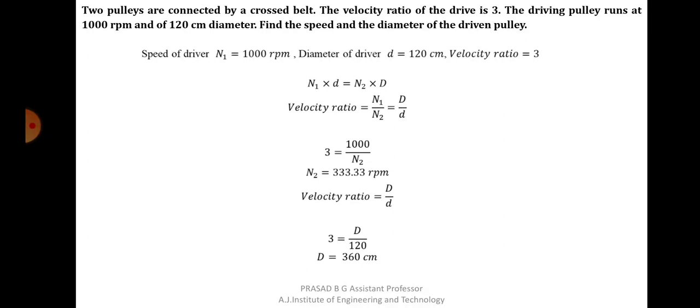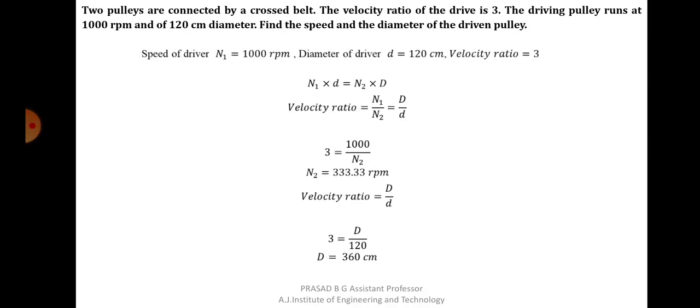The driving pulley runs at 1000 rpm and of 120 centimeter diameter. Find the speed and diameter of the driven pulley is asked. So the driving pulley runs at 1000 rpm and 120 centimeter diameter. So the diameter as well as speed of the driver is given. You have to find the speed and diameter of the driven pulley. Okay, so we know that